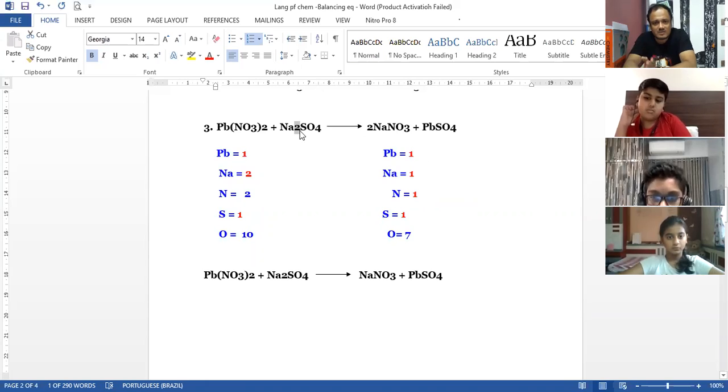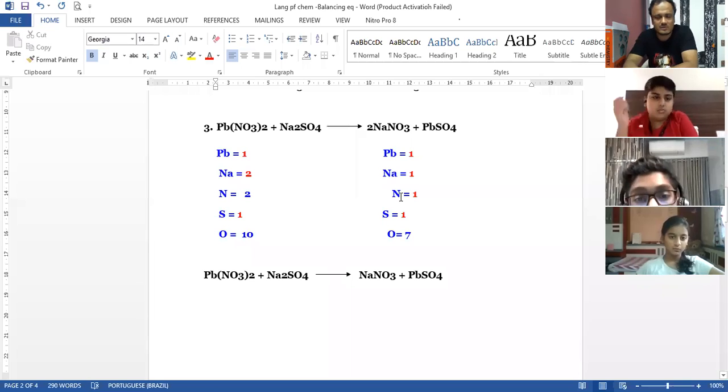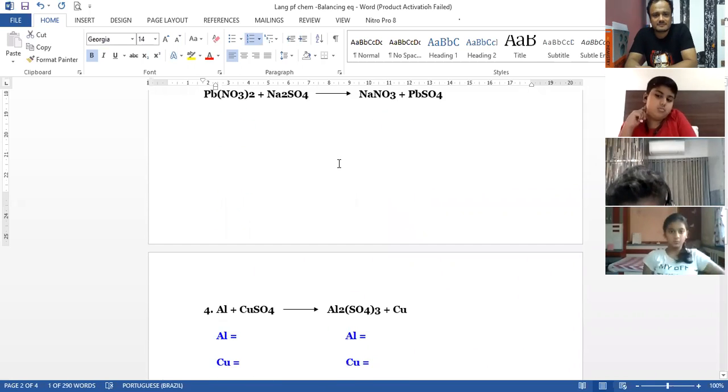Okay. For the ones who don't know how to balance it this way, it is better to stick to this particular method. It will take a little time, but once you understand how to balance this thing, by using the anions or cations in the case, the equation will be very simple. It is like putting a 2 in front of NaNO3, and the equation is balanced, right?